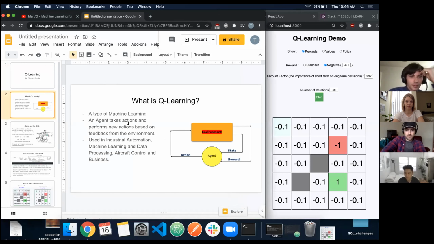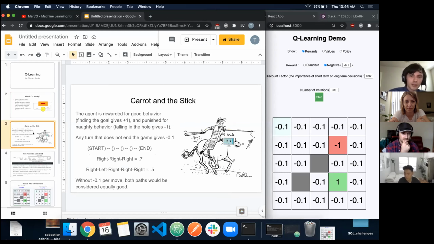So what is it? An agent within an environment will make new decisions in that environment based on whether you give them a reward or a punishment for a specific action. It's used in industrial automation, data processing, aircraft control, and business, among other things. So the basic principle for how it works is,